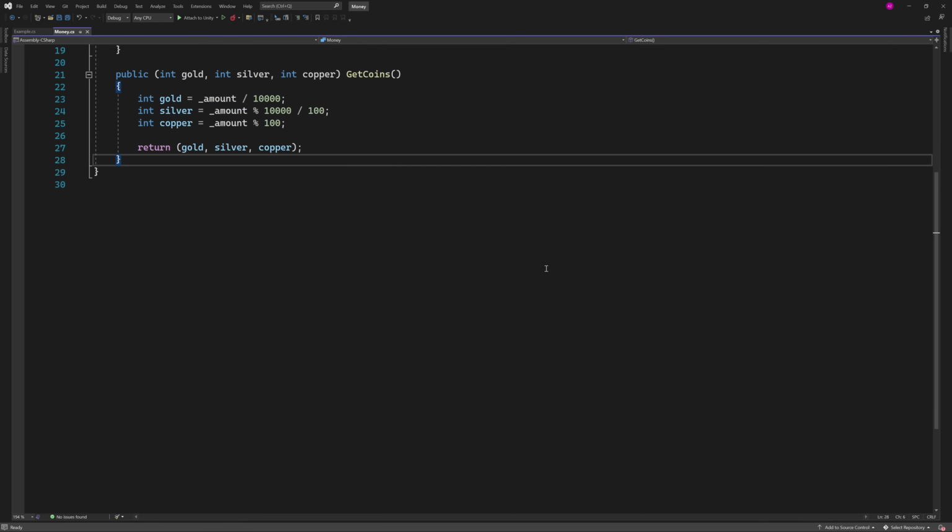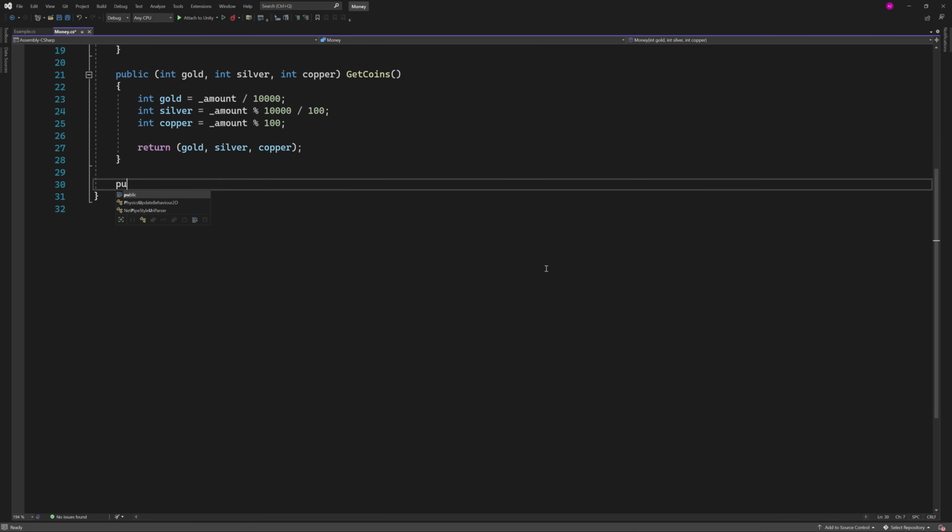Let's start with the less than operator. Start by writing public static then bool, since the result of the comparison will be a boolean, then the operator keyword followed by the operator you want to override, in this case less than. Then between parentheses the two elements to be compared. Here we want to be able to compare two money types with each other. The first being the one to the left of the less than sign, the second being the one to the right of the less than sign. The result of this comparison will be the result of the comparison of the amount variable.